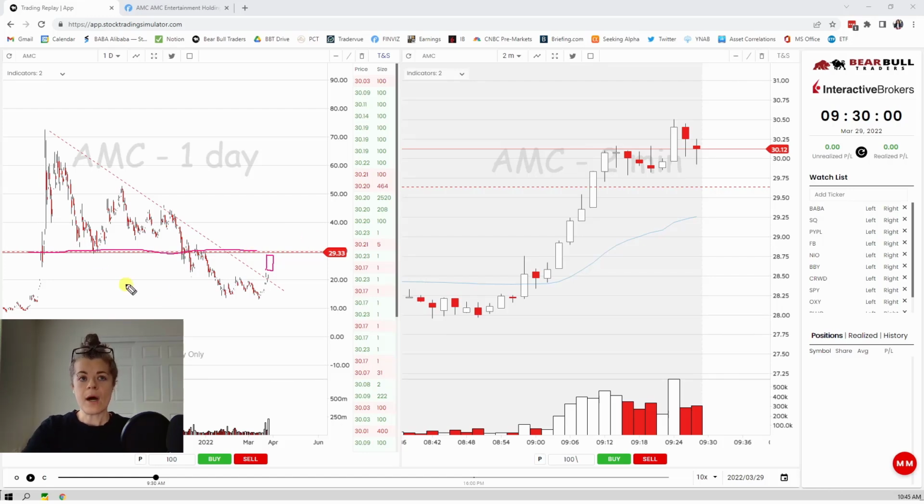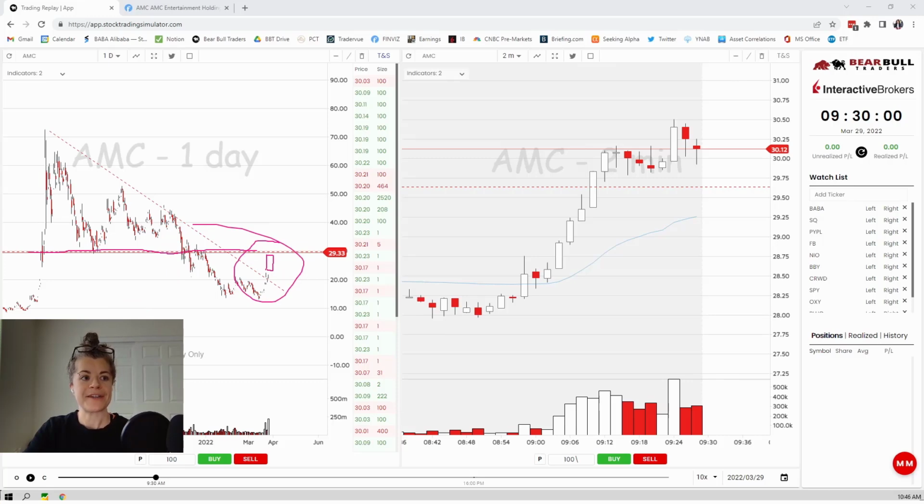So what you want to look for is a break of the trend line, right? And you want to pair it with a higher time frame level. So once it breaks both of those things, you have basically two setups that are working for you, right? You've got the people who are looking for trend line breaks, and then you've got the people who are looking for higher time frame range plays and horizontal support and resistance levels. So I see this as a really good setup.